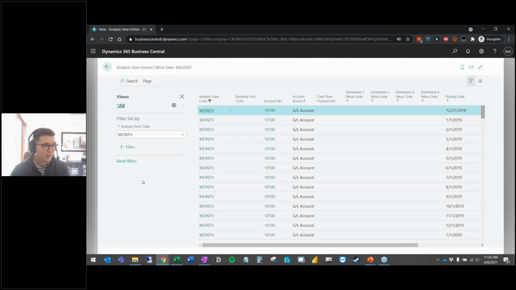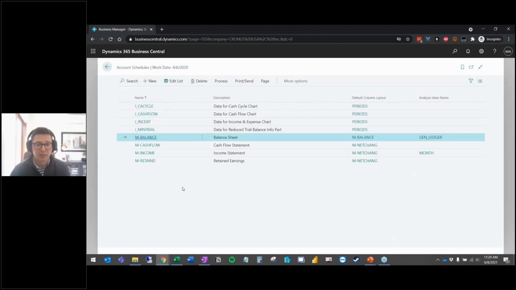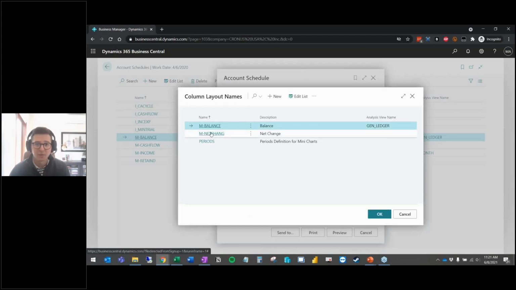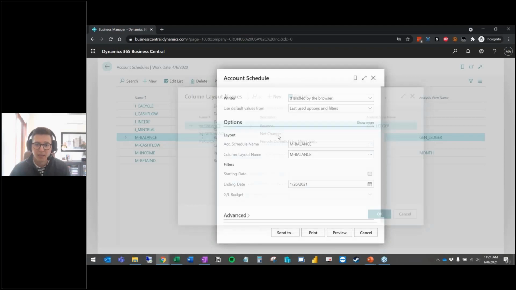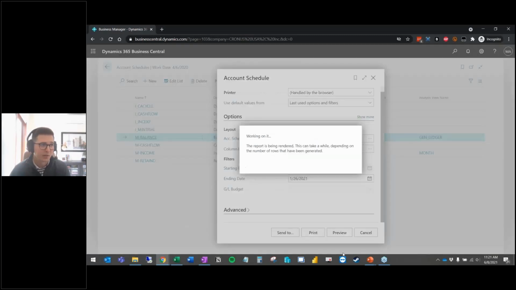All right, so I'll print one here, just one quick account schedule, so we can see what's going on. I will use that general ledger one, that should be fine. So if I print this, it gives me the options here. It says what account schedule and what column do you want? So again, I could mix and match and say I want the net change, but I want the account schedule that has balance. But I'll just do balance for now. And then again, we have all those same send to and preview options that we had for the stock reports, which are pretty handy. So if I just do a quick preview here,